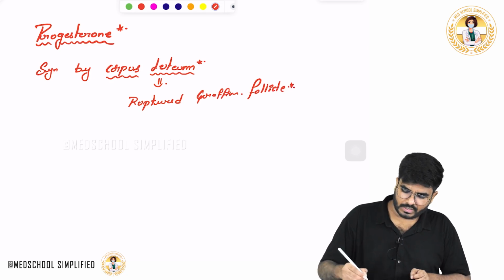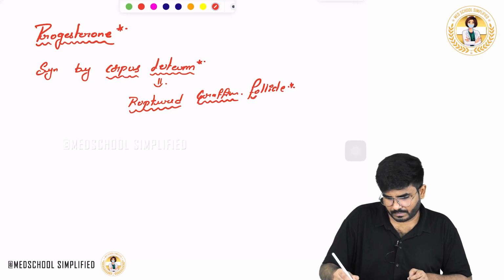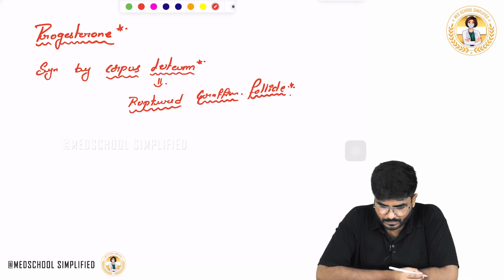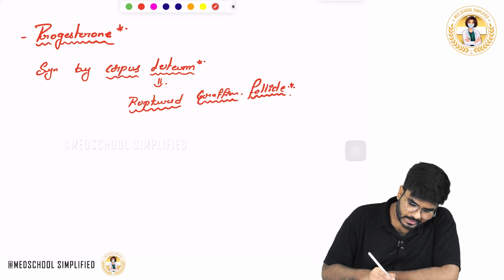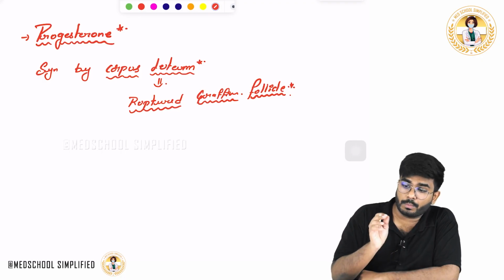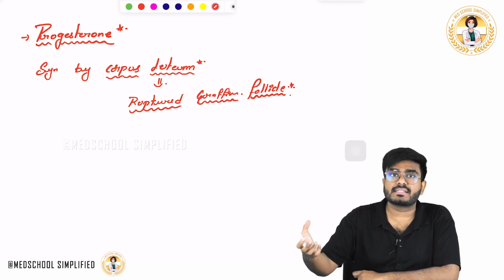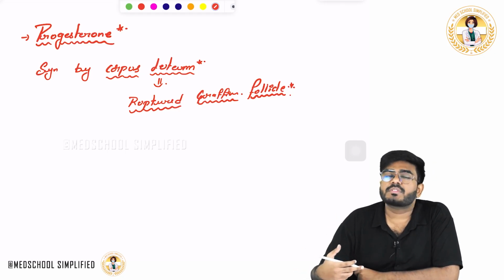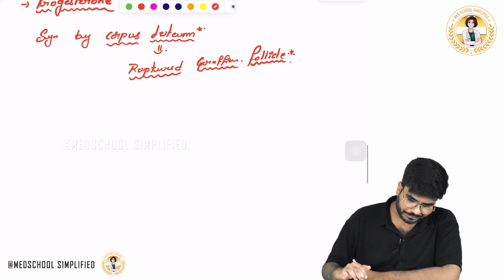Okay, ruptured Graafian follicle is called the corpus luteum, right? Now, this corpus luteum, what is it producing? It is producing progesterone. In the name itself, it's there. What is the function of progesterone? Progesterone, progestational hormone, pro-pregnancy. It's something always related to the pregnancy, helps in the maintenance of the pregnancy. How is it going to maintain the pregnancy, sir?